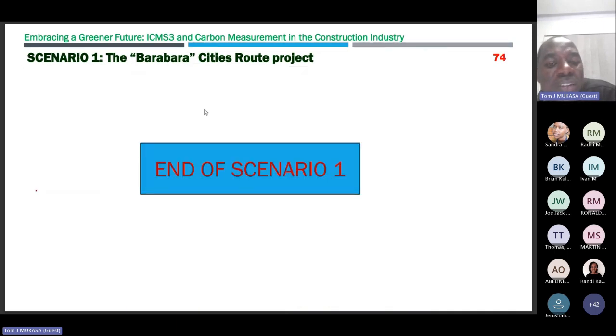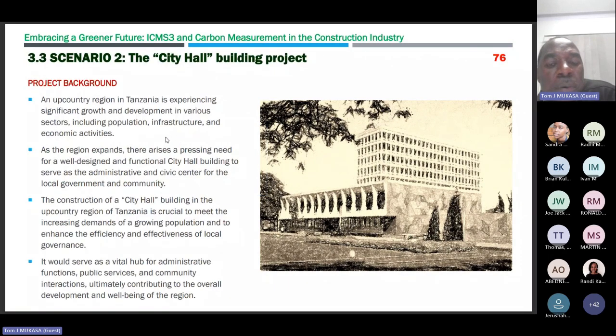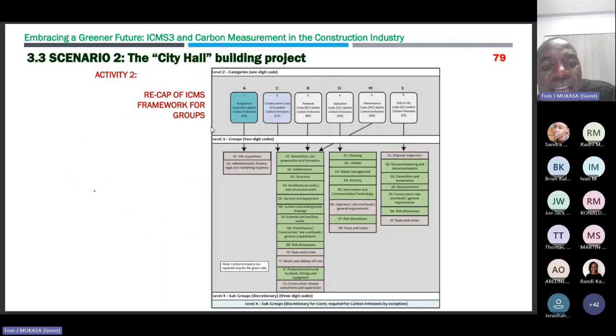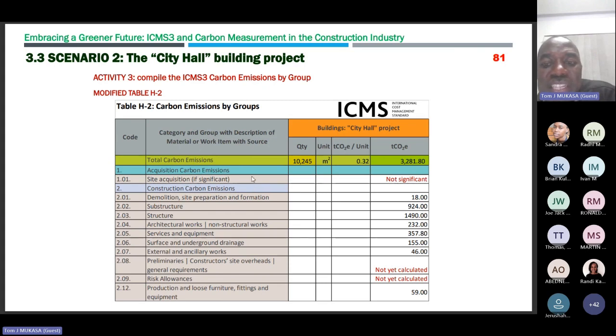So it gives you all the quantities, and your job is to arrange them. You'll be getting them from experts like Joe, and then you can arrange them in your project. The second one is also a building project, where I've given you all the quantities. It's a municipal project, and I've concentrated, I think, on just the construction. So I have things like external works, demolitions. So once I have all this data, which has been measured by experts, I can now arrange it under ICMS in this format, as you can see, and then I can convert it into tonnage. Okay, so that's what I've done here.